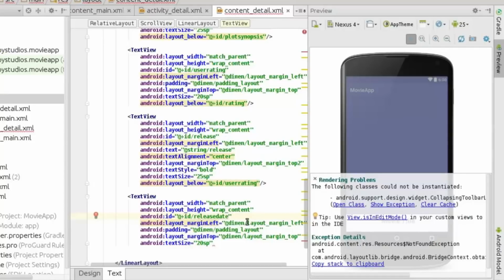Margin left or margin top. Pardon, now we need a margin top. All right, we have that set. A padding of 16 dp and a text size of 20 sp, and it should sit below